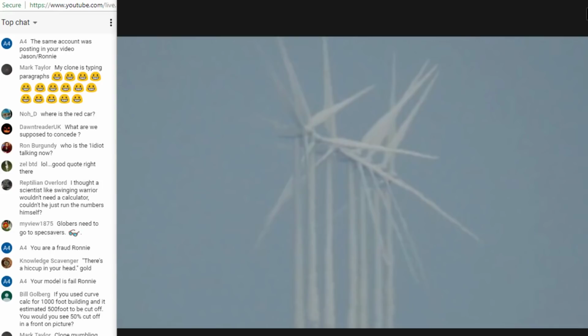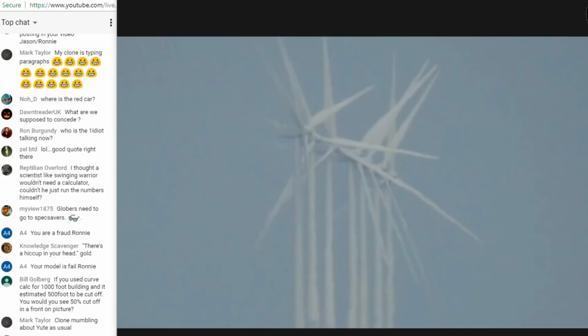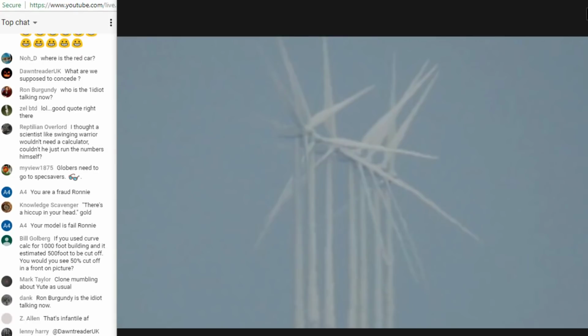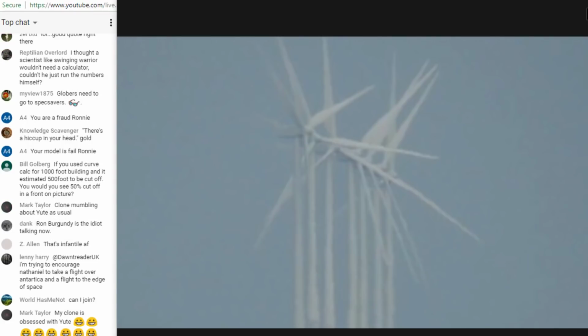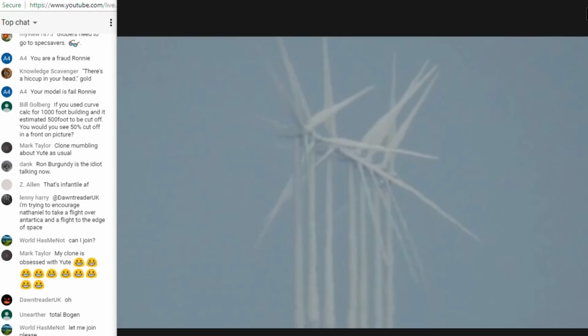So let's just give these wind turbines, if you click on my face in the Hangout, you've got some wind turbines, right? Now, according to the curve calculator, these wind turbines are falling away in line with the curve of the Earth. So, you would agree that the first one in the near foreground is 100 foot, but this one in the distance is also 100 foot, even though it's lower. Correct, Josh? They're both 100 foot, like your 10-foot wall. Just something we can actually look at, though. Correct? I don't know, Nathan.